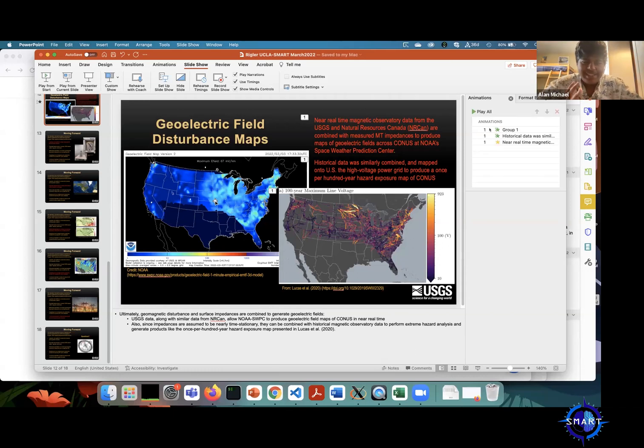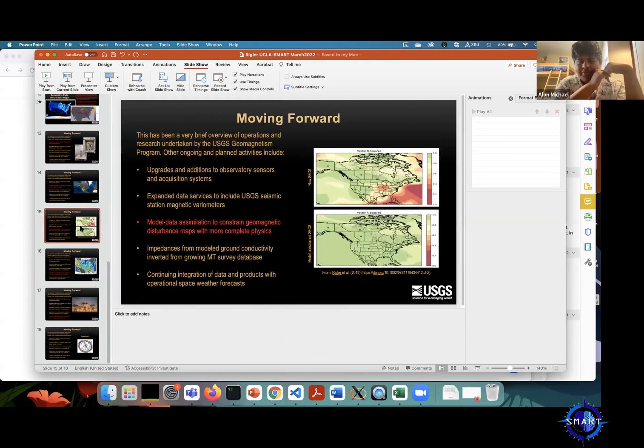Sorry, this isn't really much of a question, but I'm just very fascinated by the part of the presentation where you're talking about how you can use research to predict magnetic fields. I think it's like slide 15. I'm wondering, I know you talked about having more stations here and there, and that measuring can make these more accurate, but I'm more interested in how that actually works and translates into updating a map.